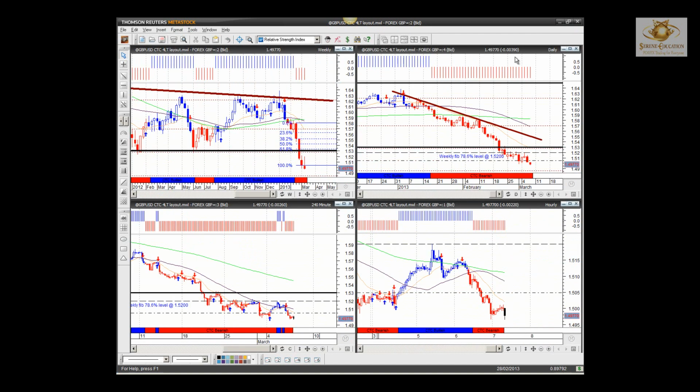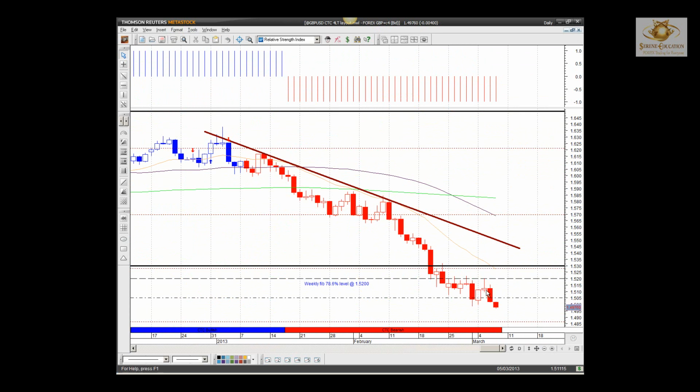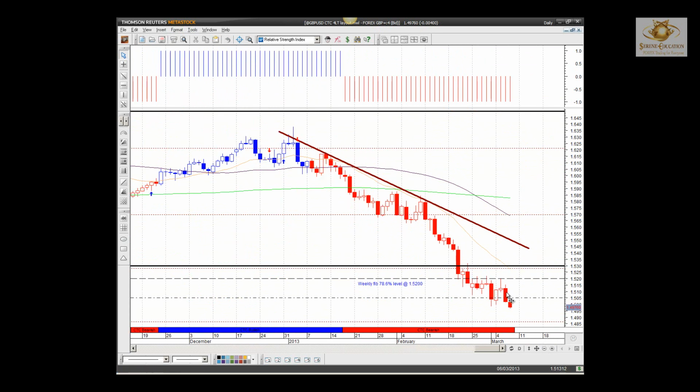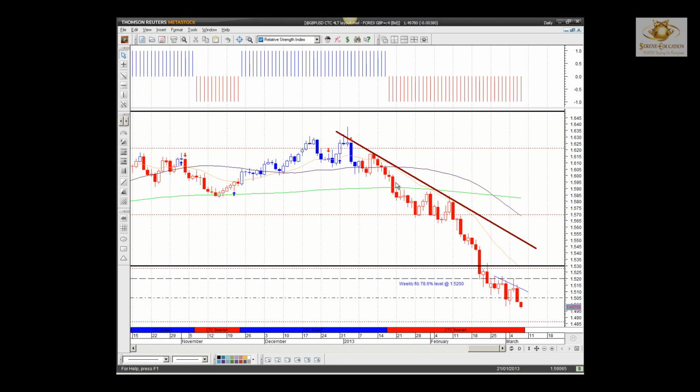However, if I go to my daily, you can see that consolidation has now taken place and price is starting to fall. Bearish engulfing yesterday, an exhaustion candle the day before that at a resistance level, which happened to be the weekly 78.6 fib retracement on the projection at 15200. It failed to go higher than 15200, telling us that sentiment is still negative, and sure enough price has now fallen shorter. So bearish, breaking below the 1505, which is the 100% extension on my fib projection, the one I showed you just now on the weekly, and now we should be targeting all-time lows.